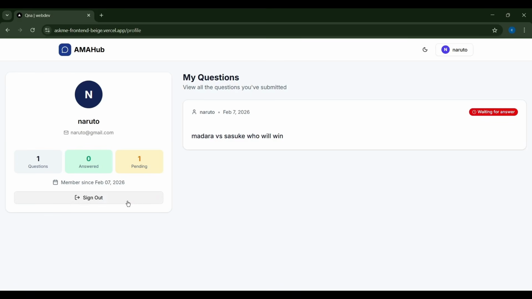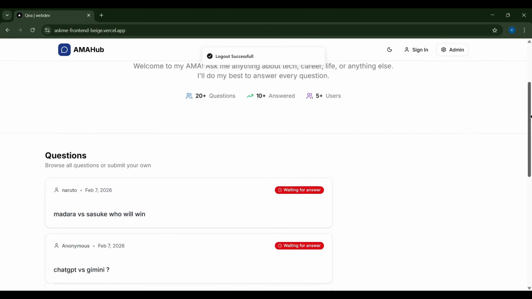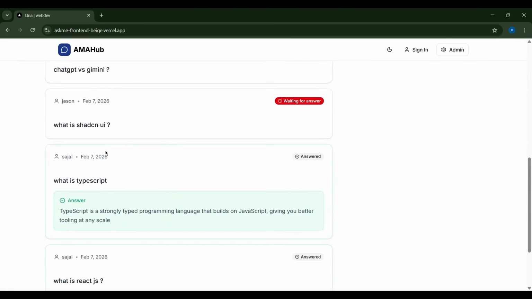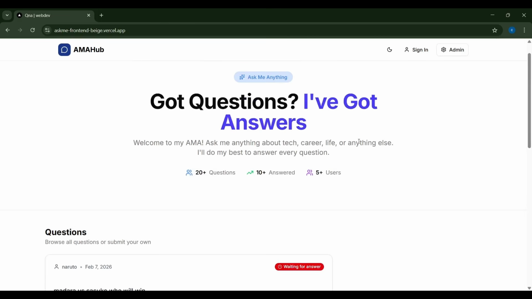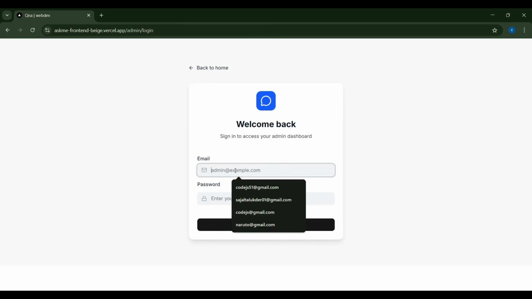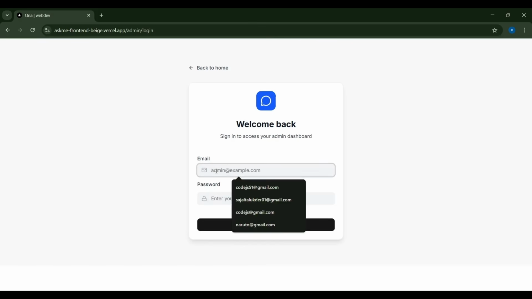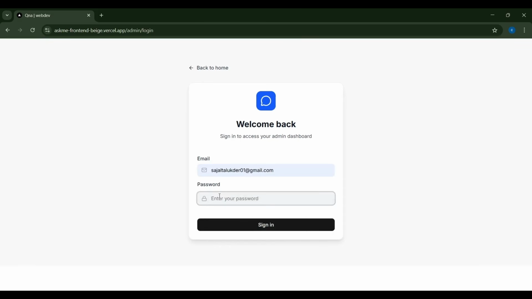So now I'm going to sign out, and it says logged out successfully, and we are back to our landing page, and now we don't have the question box. Now let's log in as an admin. So if I click here to admin, this is the admin login. So we already have the admin credentials created. Here I need to provide the admin email and admin password to access the admin dashboard. So here I'm going to add my admin email and then the admin password. And if I click here to sign in,